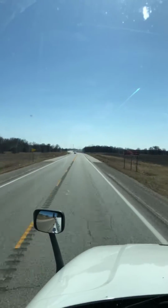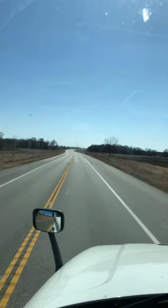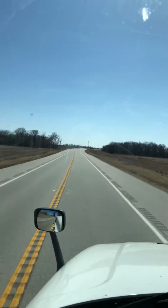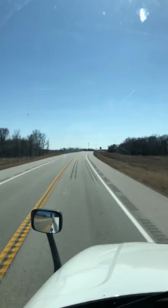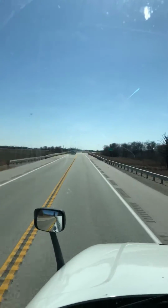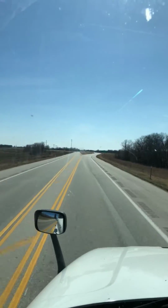And so we were trying not to get a log violation by jumping off brake too early. So I just kept going and going, man. I spent 2 hours and there was one notch. I guess I should say 2 because of the way that the pins work, but I always base, at least on this trailer, there was a hole with no pin in it for it to slide your tandems around. And if you're not familiar with how sliding your tandems works,